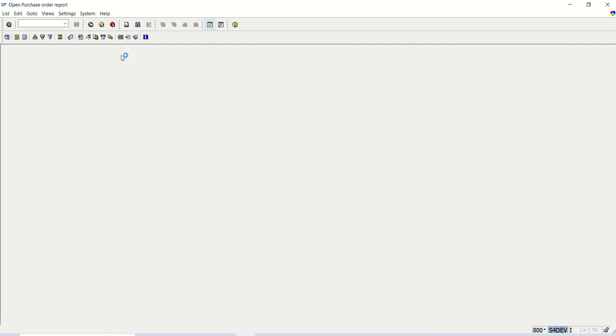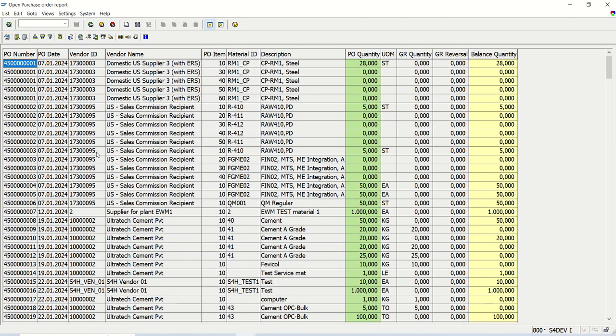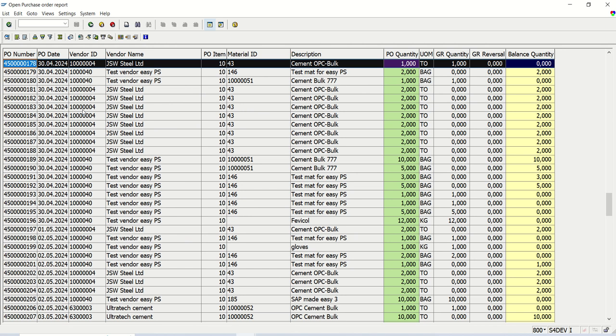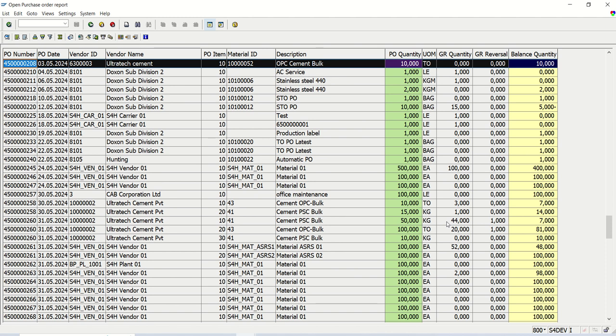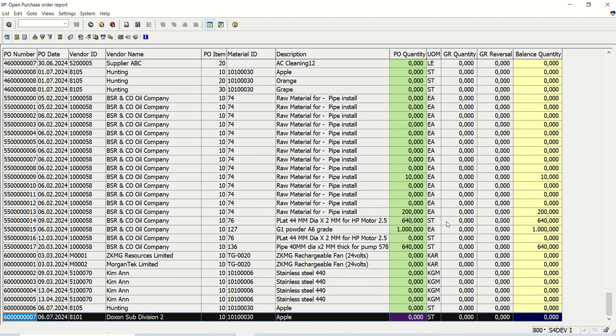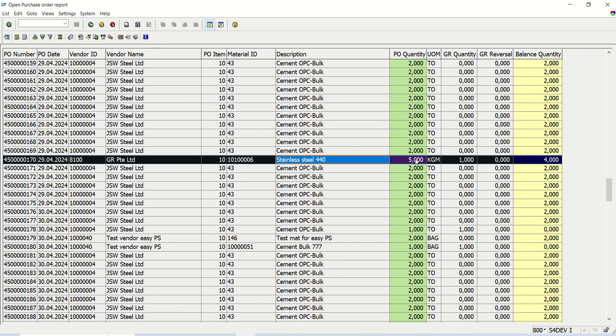Now let's run for the complete all the purchase order. So if I execute here, see, we can see all the purchase order in this system. Fine. So like this, we are successfully able to create the open purchase order report. Based on the requirement, some small changes might be required, some correction in the logic also required, that we have to do. Here also we can see the order quantity is 5, GR 1, balance 4. Let's cross check this. I will copy this purchase order number,